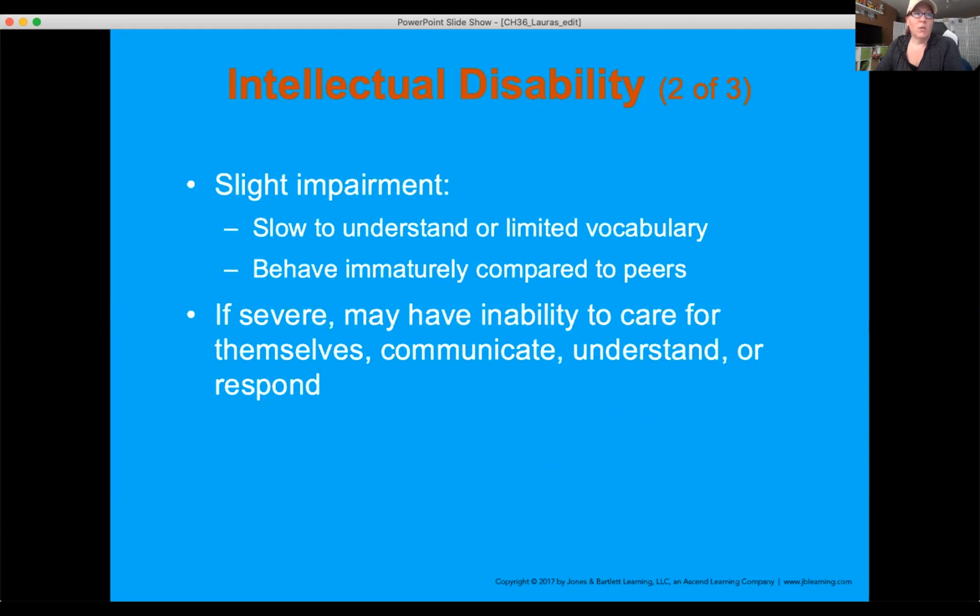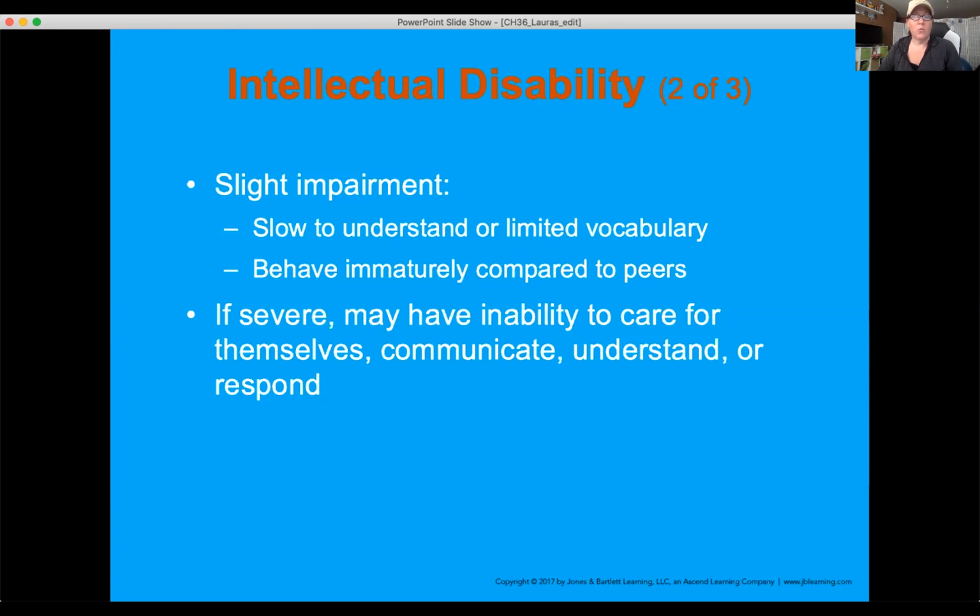So depending on the inability or the impairment, these people may or may not have an appointed guardian for them. Remember, anybody under 18 falls under the parent, or there's a caregiver, whoever has that responsibility. The people over 18, they'll have a court-appointed guardian if they're inhibited on making decisions for themselves, if there's communication barriers, things like that. So it's important to establish that as well.